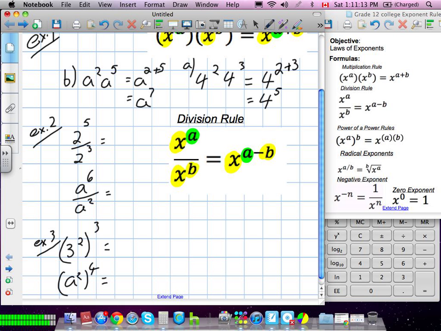So, same idea here. Our bases are the same. We have 2 and 2, so our base answer is going to be the number 2. And we subtract the bottom number from the top number always. So in this case, 5 minus 3 is going to give us what? An answer of 2. Easy. And the other one, base a, we take the bottom from the top, so 6 subtract 2 will give us an answer of